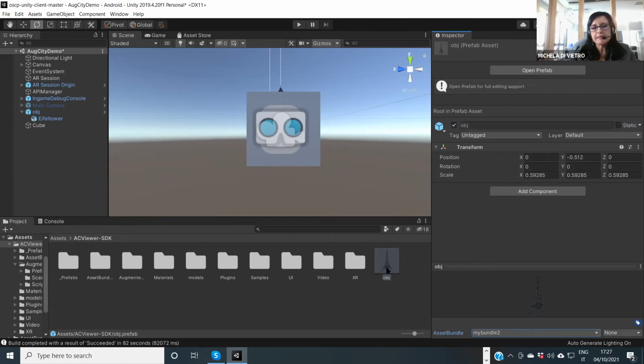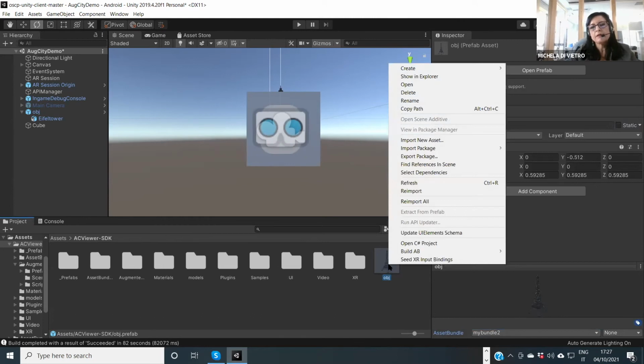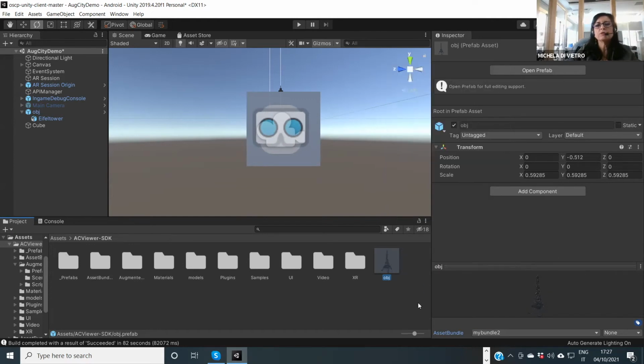I'm selecting the object again and clicking the right button of the mouse, I can see build AB, and now I can also choose the platform. In this case, I'm choosing Android in order to create my asset bundle.